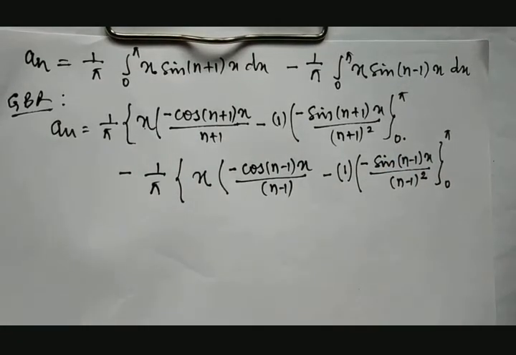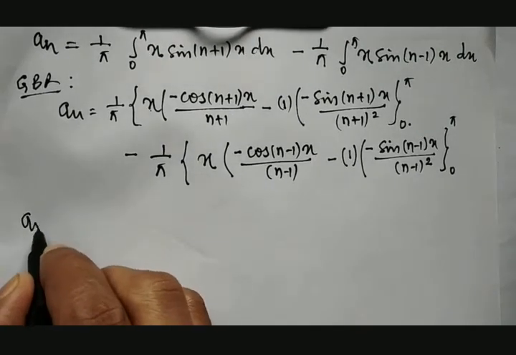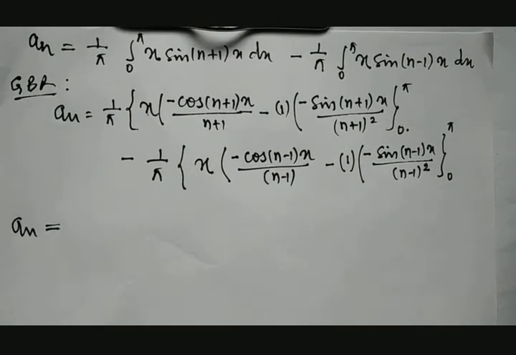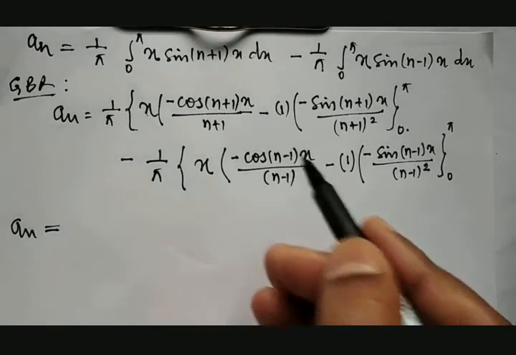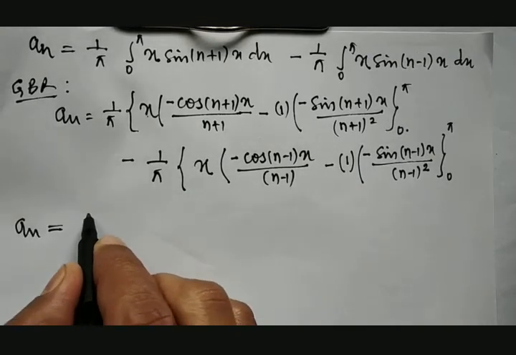Fine. Therefore, further it will be a_n is equal to, we can see the first function as well as first term as well as second term. What it says? Substituting upper and lower limit in this. When we substitute upper and lower limit, what happens? I would like to give you one hint here, or else first we take, then we proceed with 1 divided by pi